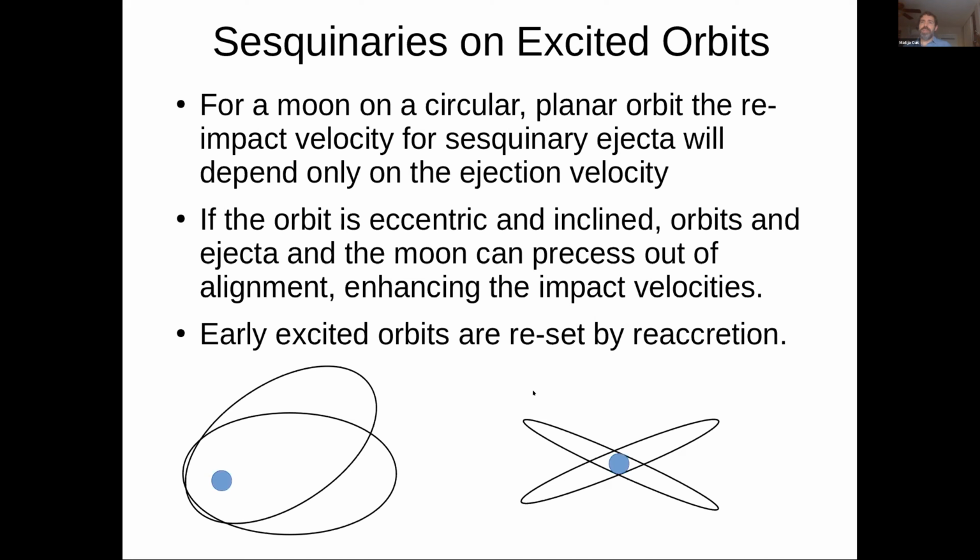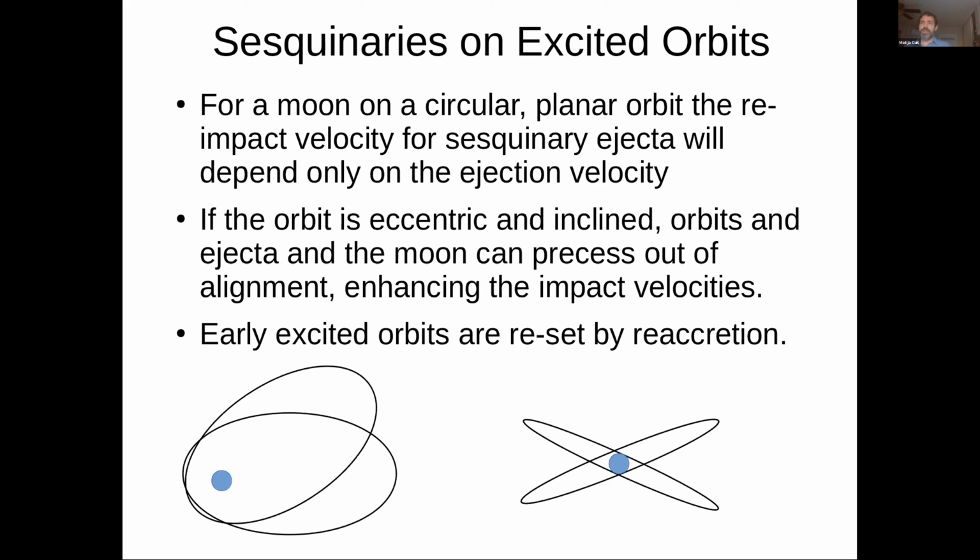If the orbit is circular, ejecta from it will be on a close to circular orbit and will hit back with minimal velocity. But if the orbit of the satellite is eccentric or inclined, not in the plane of the equator, differential precession might make the orbit of the ejecta and the satellite diverge, and they might hit at very high